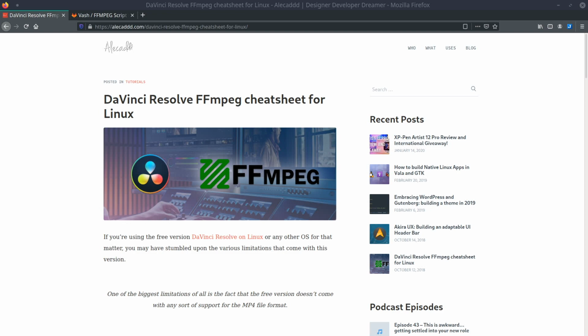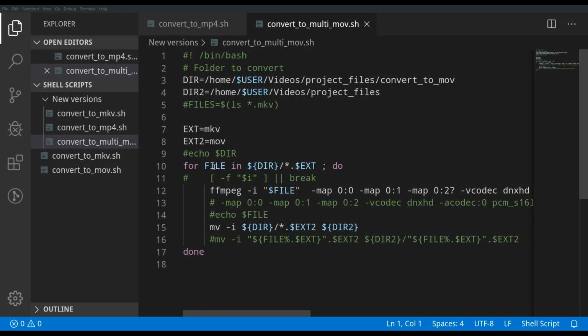But let's take a look at VS Code, what we have going on there. All right, so here is my new convert to multi-MOV. This is for multiple tracks in the MOV. Everything's the same except for this FFMPEG command. I have updated the entirety of the center to do this: